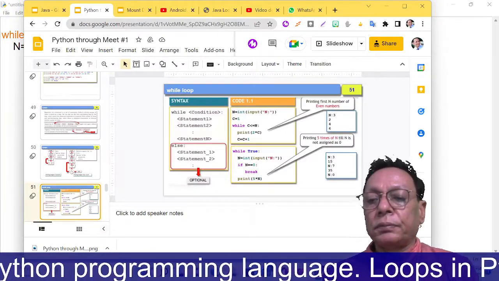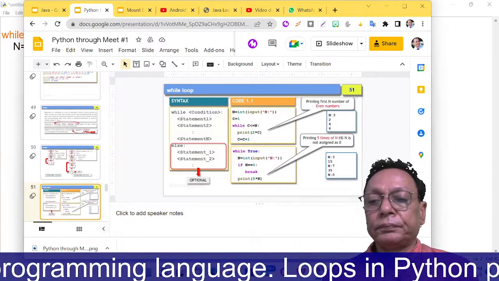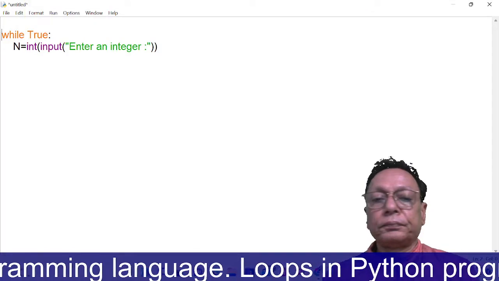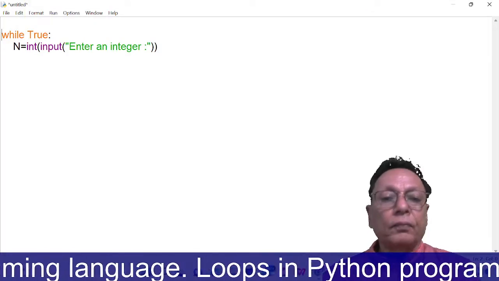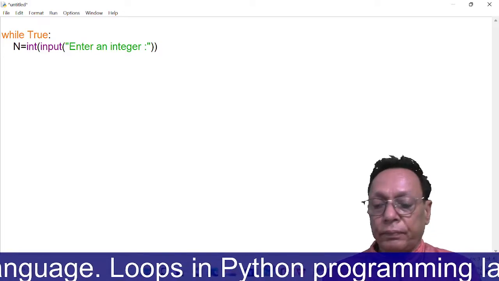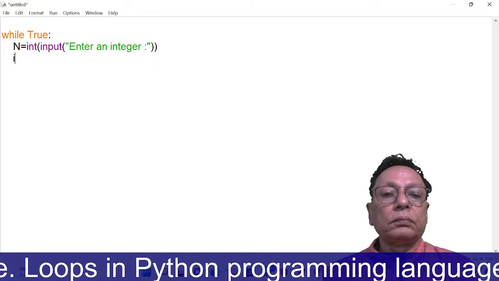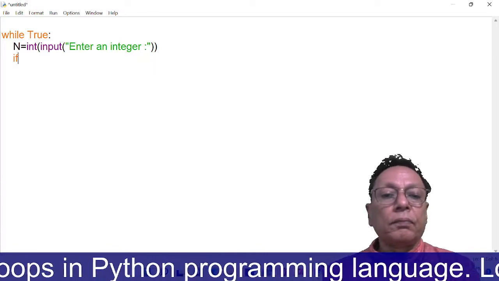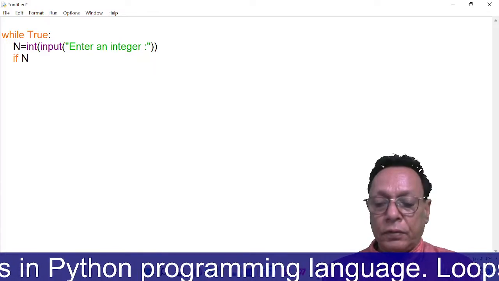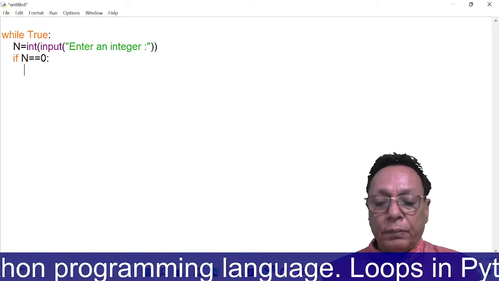Doing this. If n is equal to 0, then break,